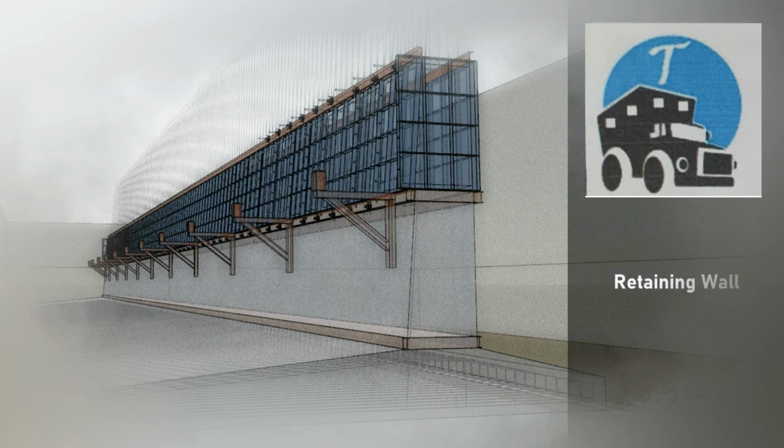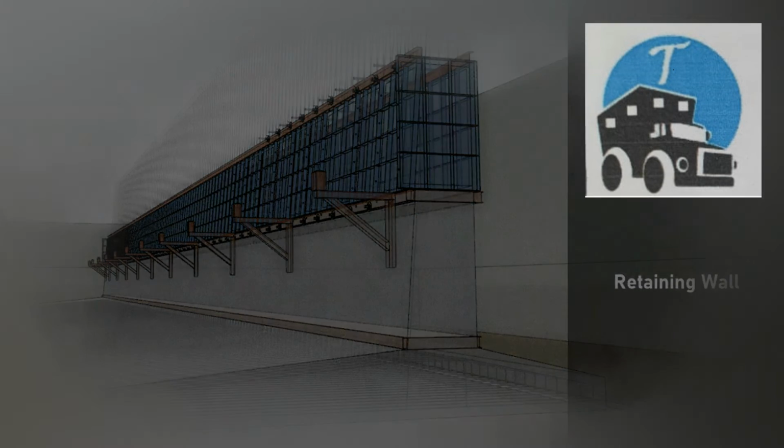The principal characteristic of the retaining wall is being able to withstand the pressure exerted by the retained material, which is usually